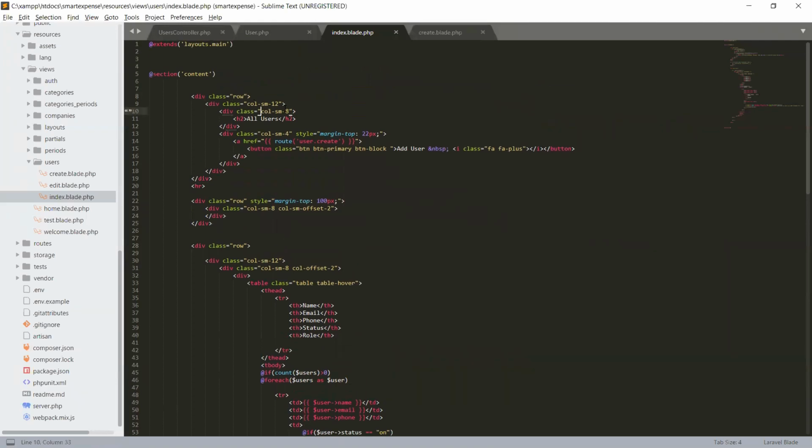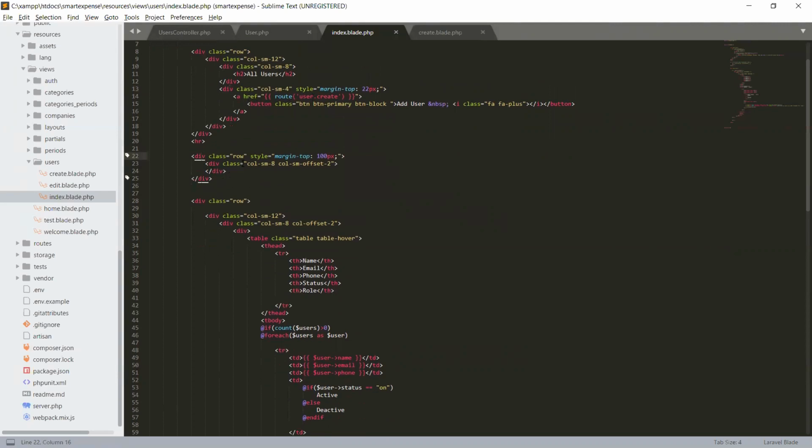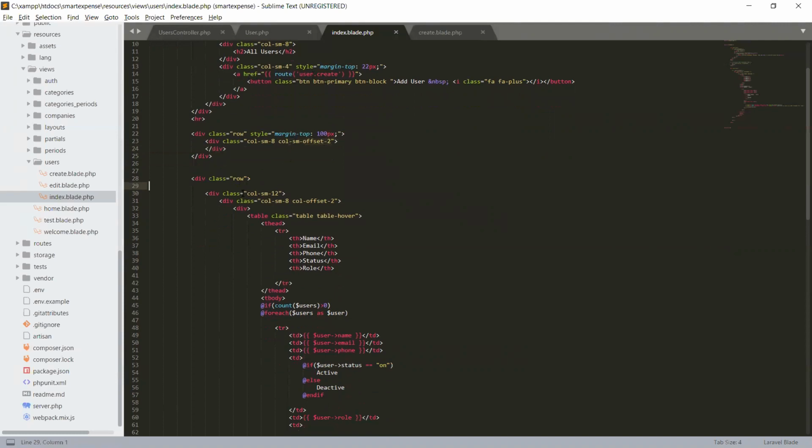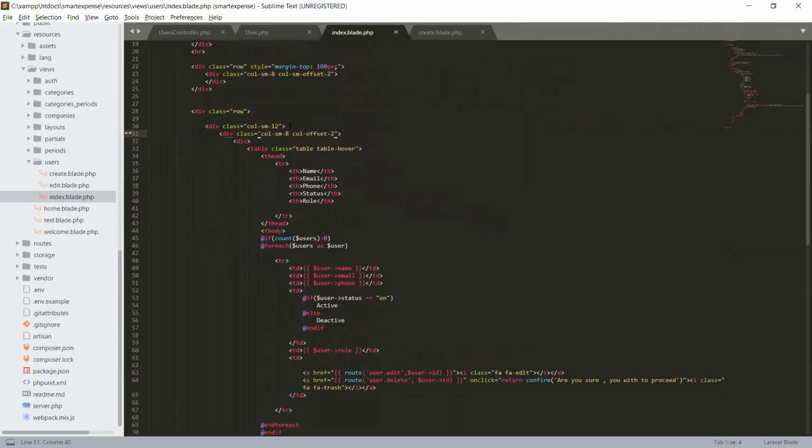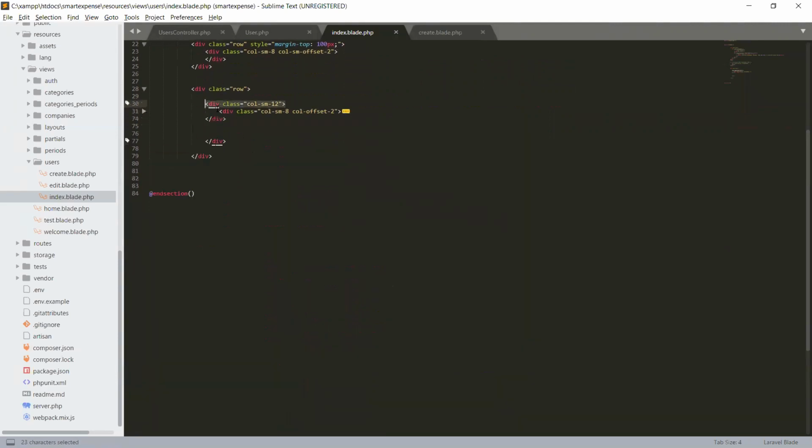So row, column small 12, column small 8, and here column small 4, fine. Row, column small 8, column small 2, 4. In a row we have a class column small 8. Yes, there is an issue, that's why it's making this. Okay, let's delete this div column small 12,